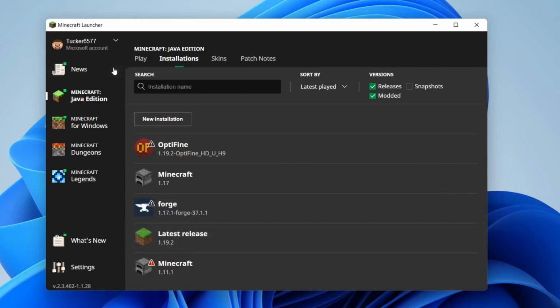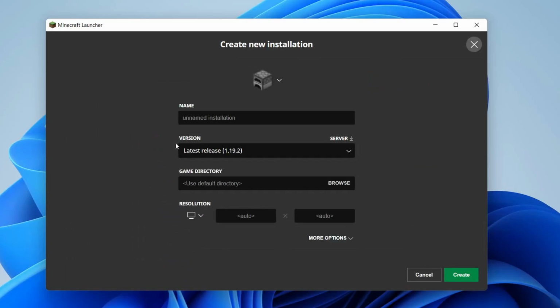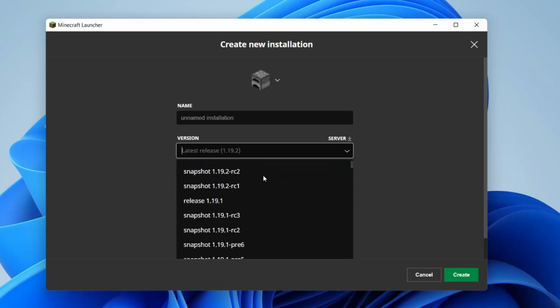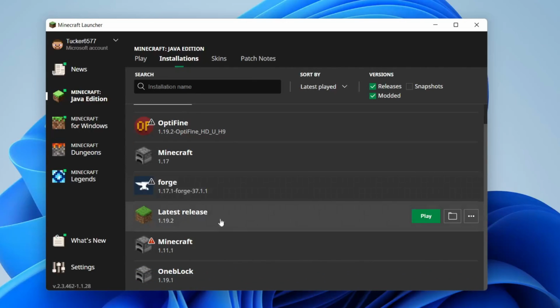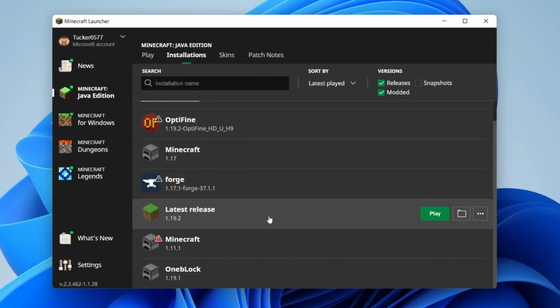If it isn't, you'll need to create a new installation. So just click on new installation, choose a release which is working. So for example, 1.19.1 also works with it, and I'm just going to name that OneBlock, but you shouldn't need to do this. That is only if OneBlock is not going to work with the latest release. But usually the latest release should work, so hover over it just like so,